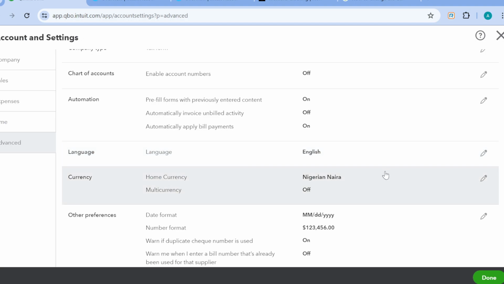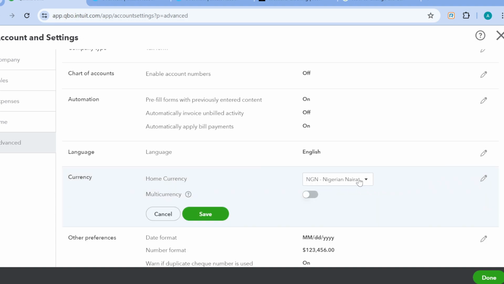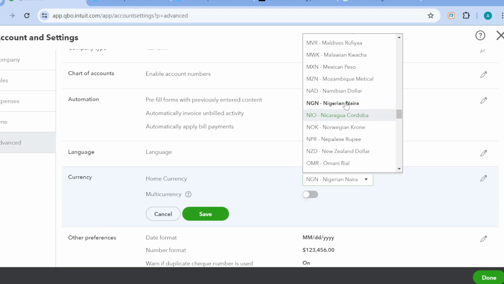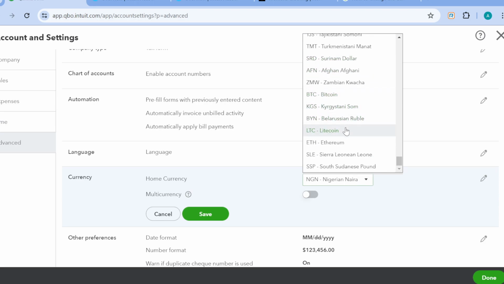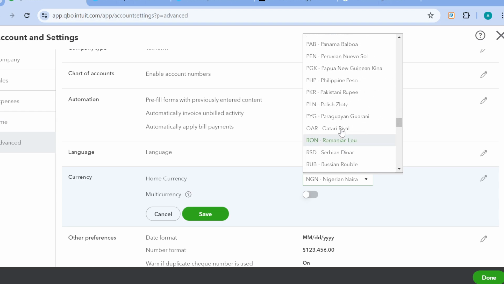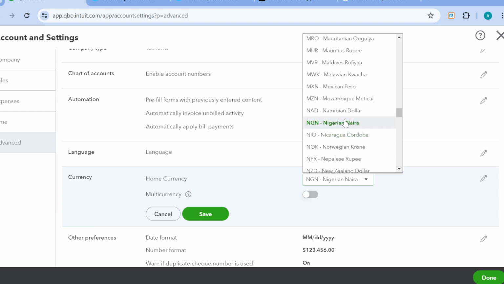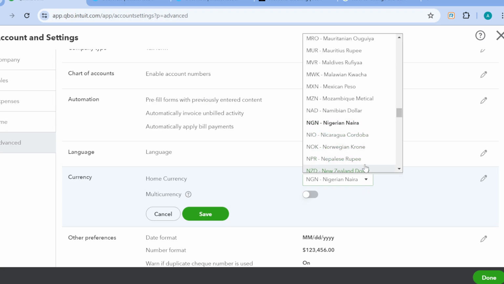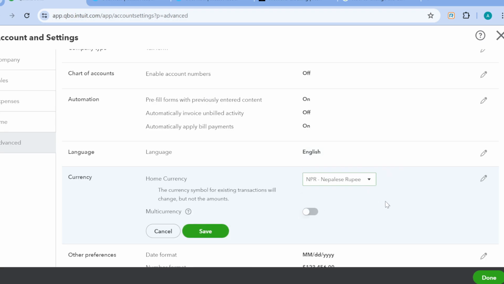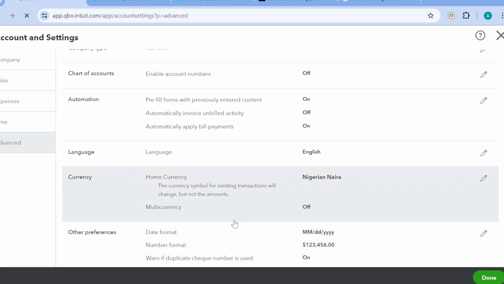So under this currency, you can now go ahead and click on the pencil icon here, which stands for the edit icon. And then here, select the currency that you'd like to change it to. So just select the currency as you wish. For me, I want it to remain as Naira, or I can just change it to this. And then click on save. And then just like that, the currency would be changed,